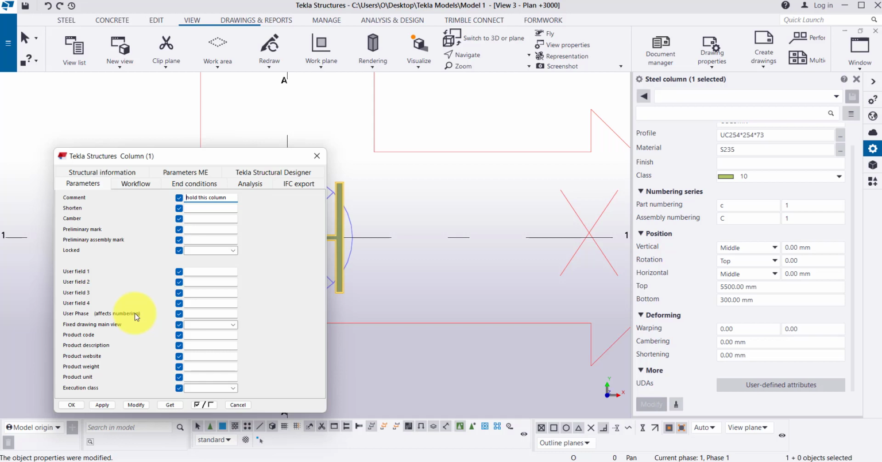So this is how you can use structural steel column within the Tekla structures. Now next we will see related to the modeling of the